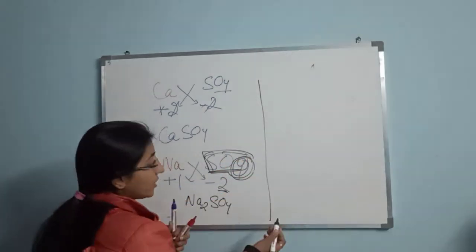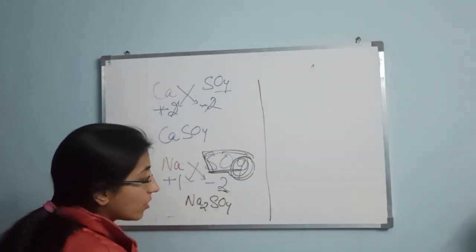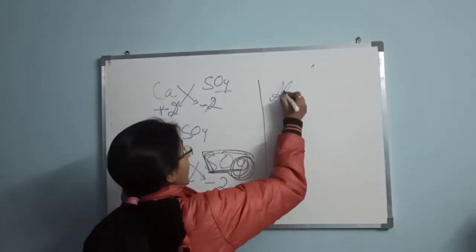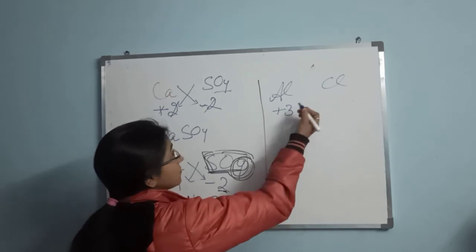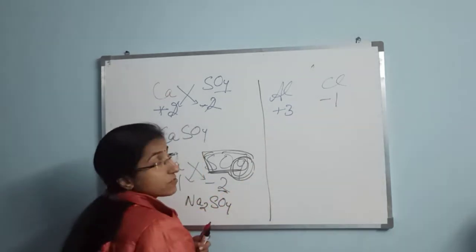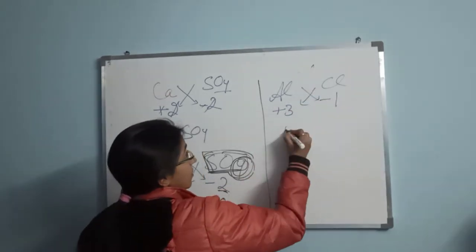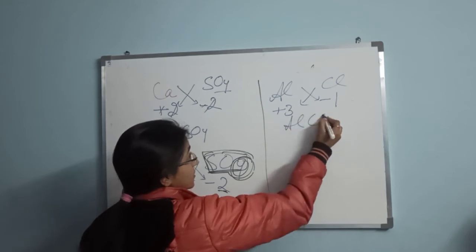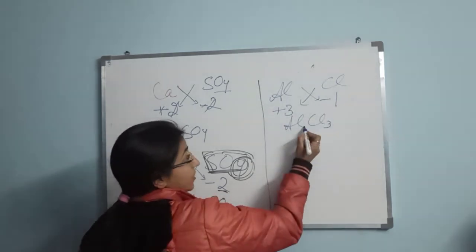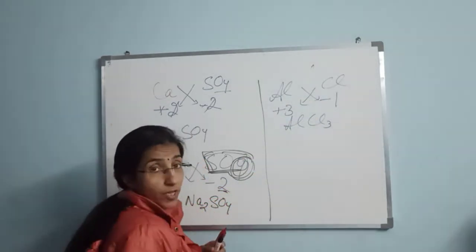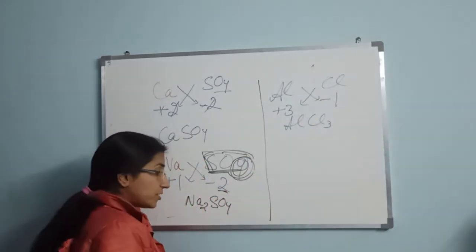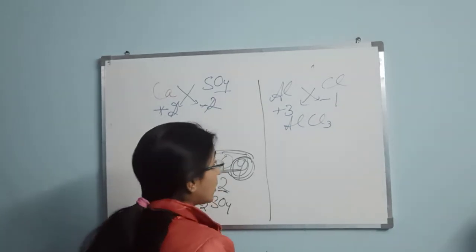Furthermore, examples are there. If I take the examples of aluminium and chlorine. Fine. So aluminium will be having the charge of +3, chlorine will be having the charge of -1. They will form AlCl3. Al1, so 1, I have already told you that no need to write 1 there, and Cl will be having 3. So AlCl3.